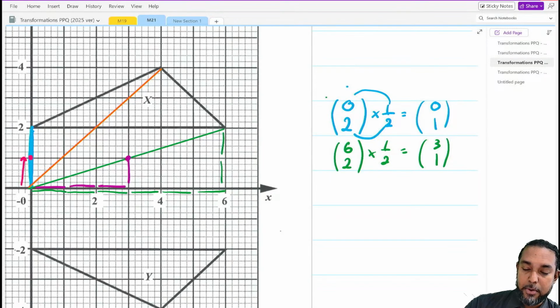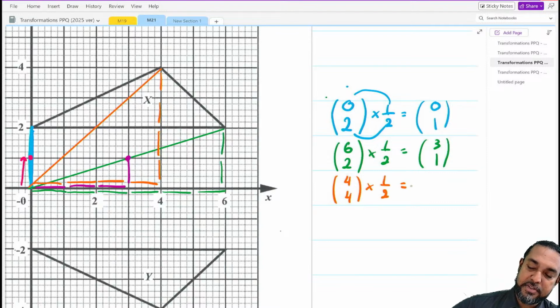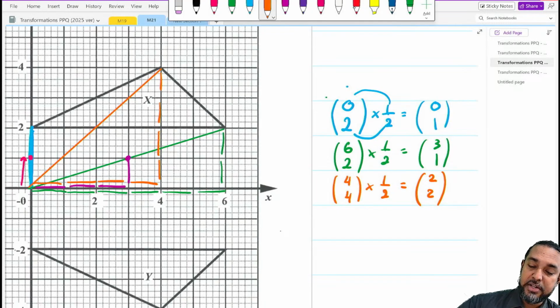Let's analyze how we travel from the origin to there. So we go how many spaces? 1, 2, 3, 4 horizontally, and then 4 vertically. So we have 4 to get from the center of enlargement to that vertex. When I multiply by a half to scale it down, what's a half of 4? 2. So now, to get the new position, I have to travel 2 horizontally and 2 vertically from the center. That's going to carry me here.